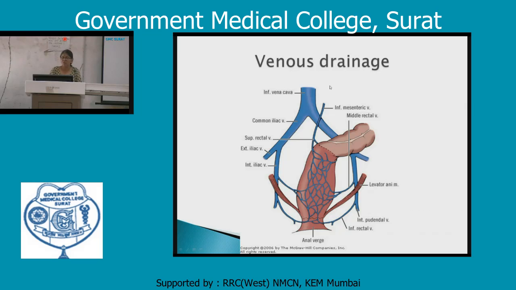The inferior mesenteric vein is the vein of the hindgut. So the superior rectal vein continues as the inferior mesenteric vein. The middle rectal vein, inferior rectal vein, and a component of the superior rectal vein form the external venous plexus outside the musculature of the rectum. The external venous plexus, lower part is drained in the inferior rectal vein, middle part in the middle rectal vein, and superior part in the superior rectal vein, and all of these anastomose with each other.